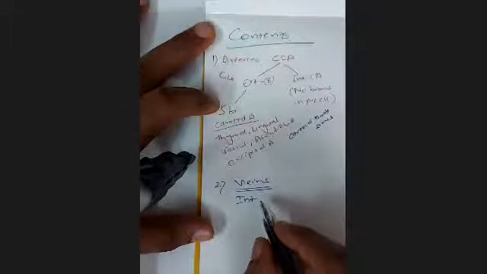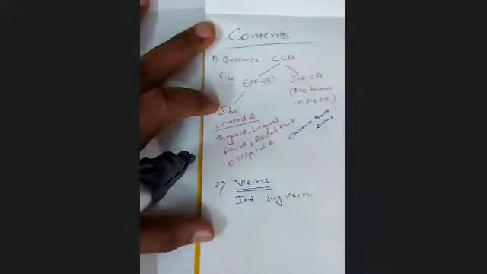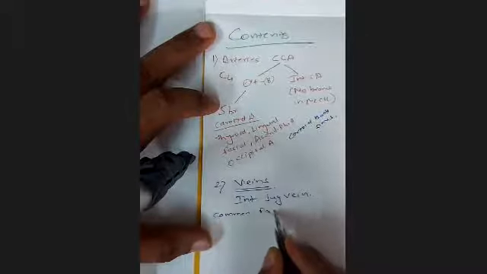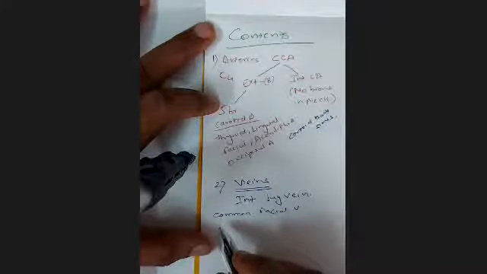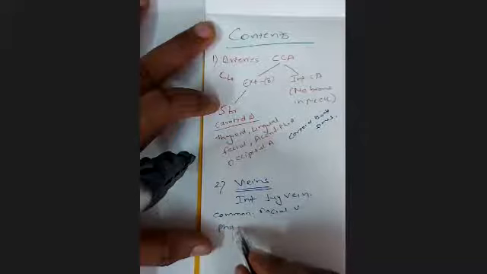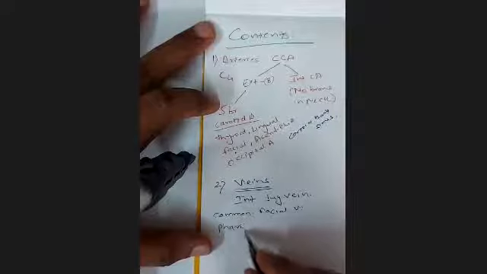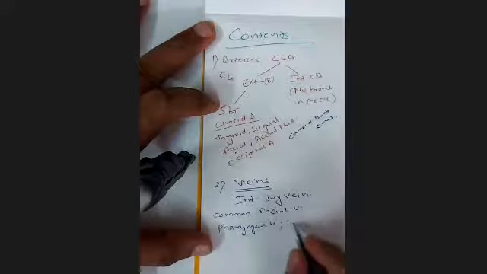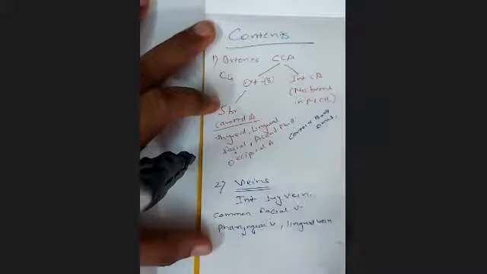So, the internal jugular vein. Draining into the internal jugular vein will be the common facial vein. Also draining into it will be the pharyngeal vein. So we are picking up names from here. There was the ascending pharyngeal artery, so now I am writing pharyngeal vein. Also draining into it is the lingual vein.